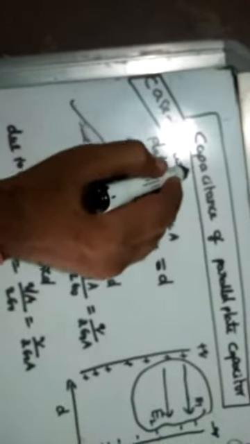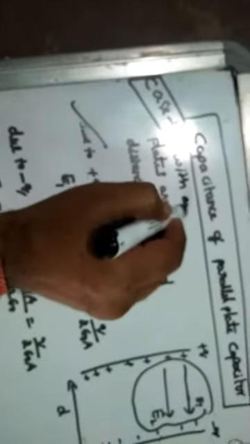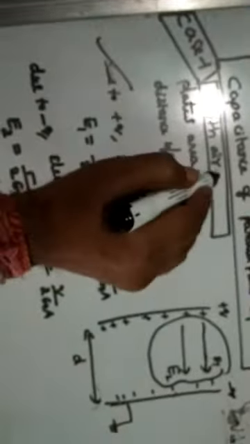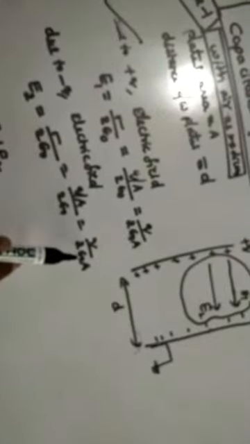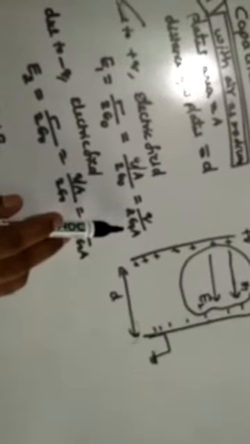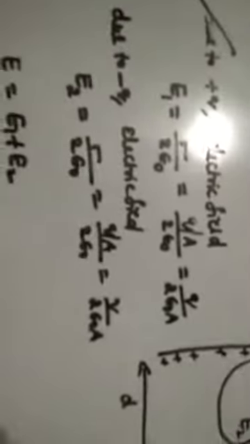See here, I am considering case 1. This is called case 1. What is this case 1 here? With air as medium. With air between the plates, this is case 1. So who is the medium here? Air is the medium between the plates. That is why I am writing epsilon naught here. Try to understand the sentence.